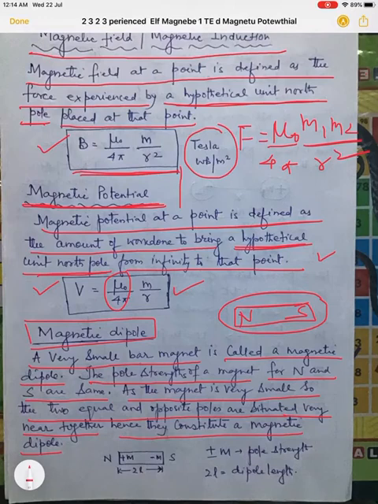Like an electric dipole, in which two equal and opposite charges are placed very near together, in a magnetic dipole by nature only the plus m, that is north pole, and minus m, that is south pole, are very close together because of the small size of the magnet. So a small magnet is a magnetic dipole. So a magnet can be considered as a magnetic dipole. The length is twice L. Plus m is for north pole, minus m is for south pole. So plus minus m is pole strength and 2L is dipole length. So this is the magnetic dipole.